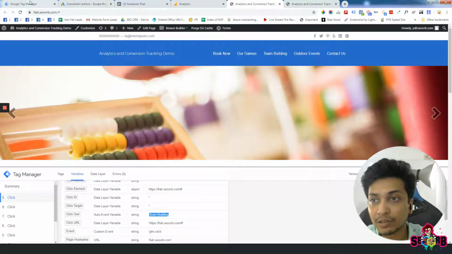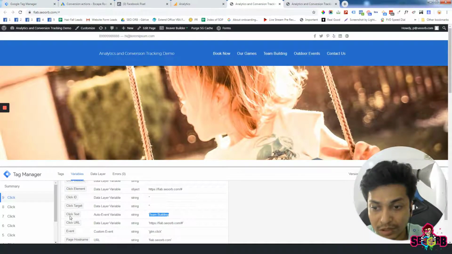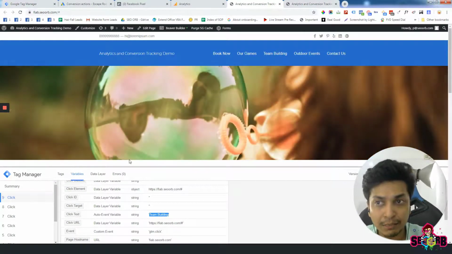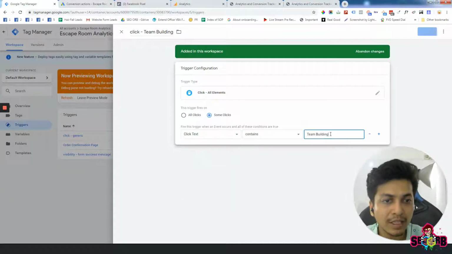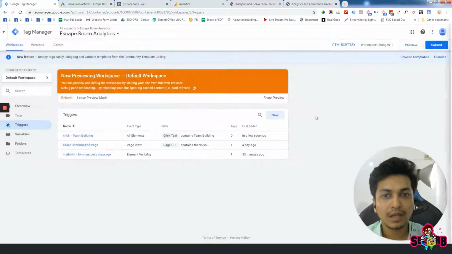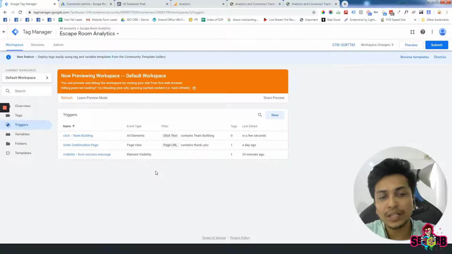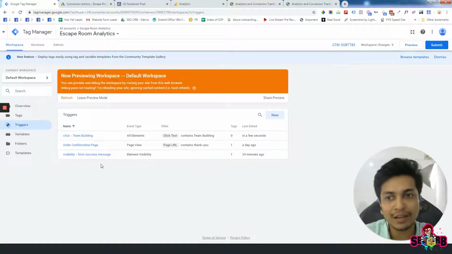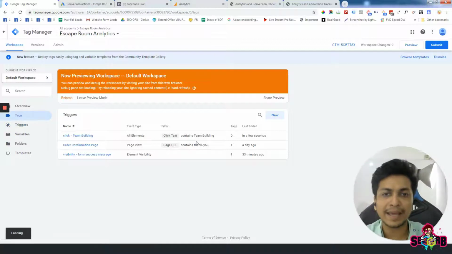Once we have this copied, we'll head over to Google Tag Manager, and we'll again notice the click text contains team building. So we'll select click text contains team building and click on save. Now, in order for this to start working, we'll actually need to append this to a tag so that it can fire the event and send it to Google Analytics. So let's click on tags,